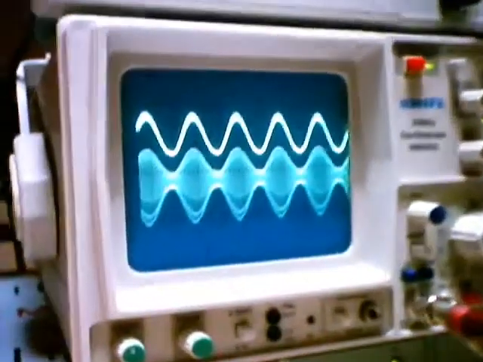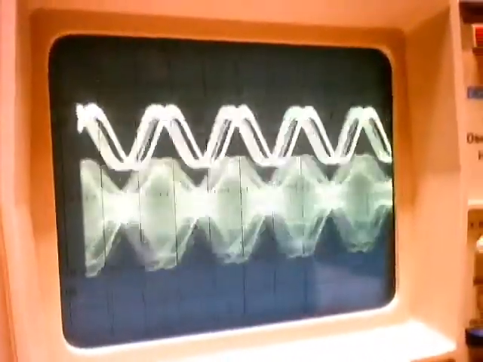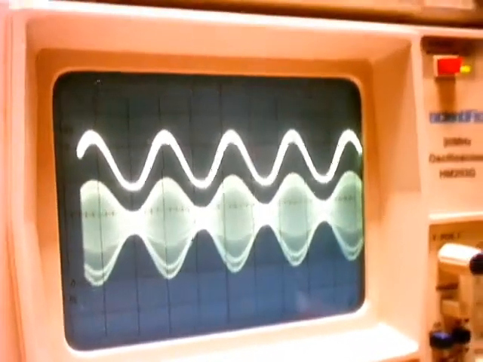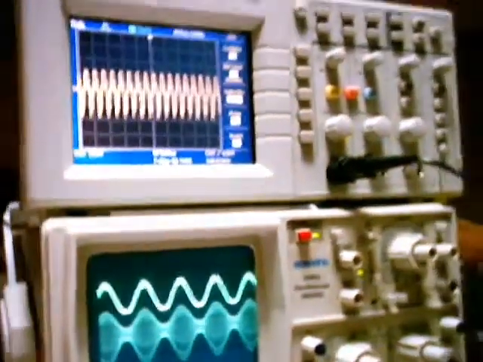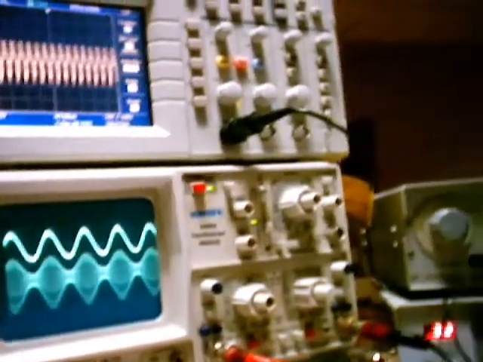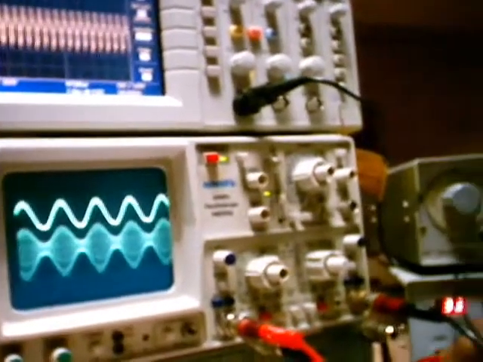So let me vary the frequency of the modulating signal. You can see the output frequency also changes. So I'll just vary the frequency of the modulating signal. You can see this also changes. Now please never try to compare the amplitude of your modulating signal and amplitude of the demodulated waveform. They'll be totally different. What we are supposed to verify is whether the frequency of modulating and the demodulated waveform are the same or not.